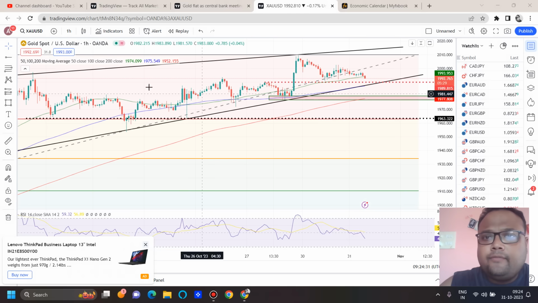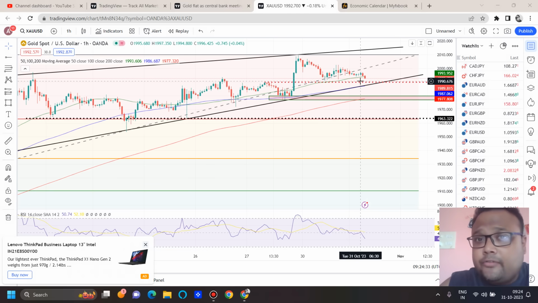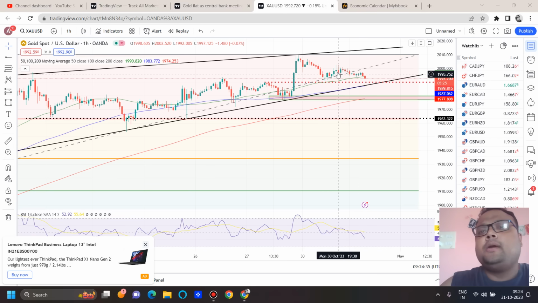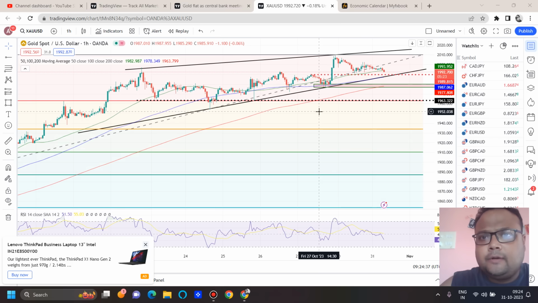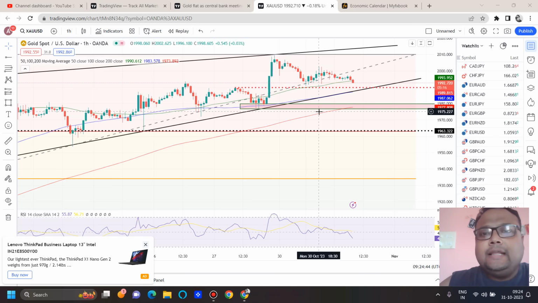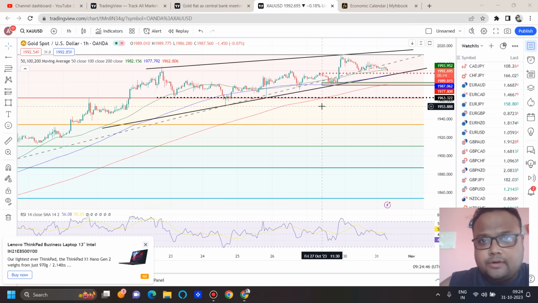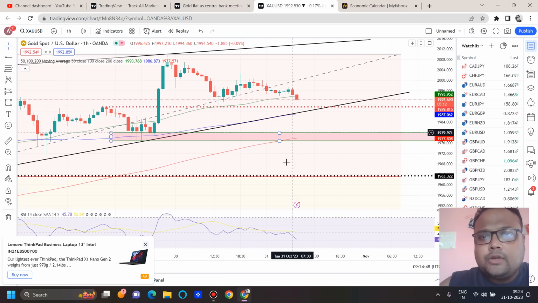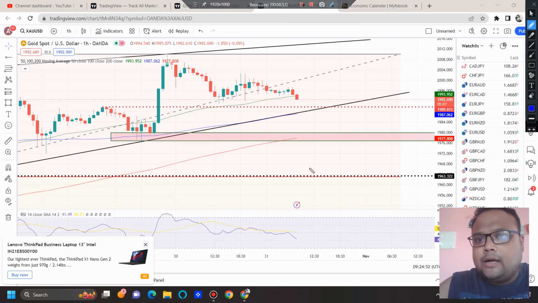Though we have a wedge pattern, which is a trend reversal pattern, I'm still not hoping for a complete downtrend right now. After the policy change, there may be some changes, but as of now, we do not have any signs of a complete trend reversal. So apart from these two support levels, we also have a minor support around